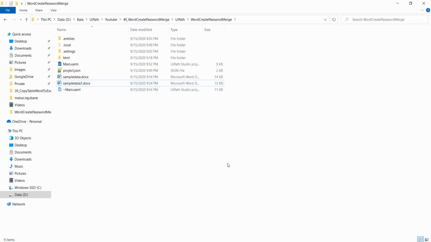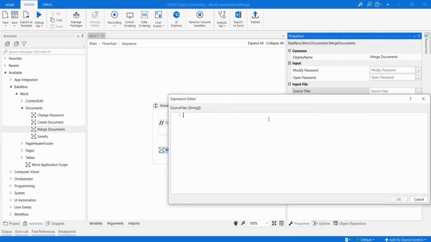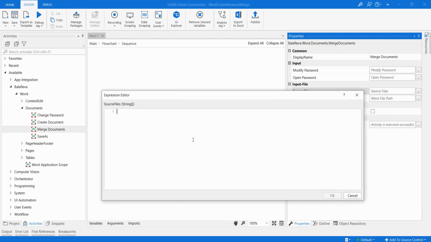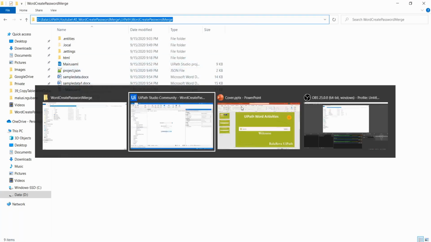What we are going to do is merge sample data and sample data 1. Here you have to give the source files. Because this is a string array, you can give n number of Word document files here. I'm going to merge these two documents.